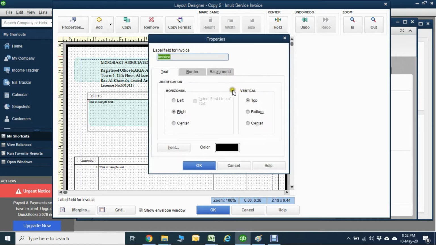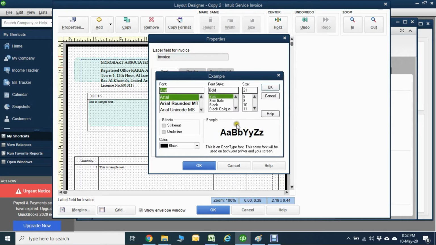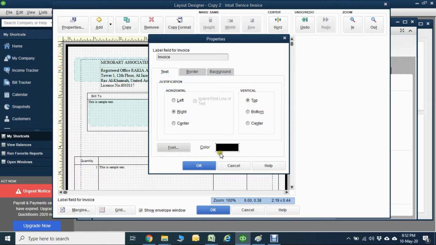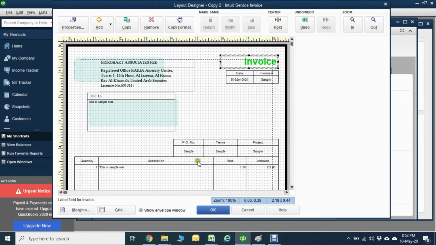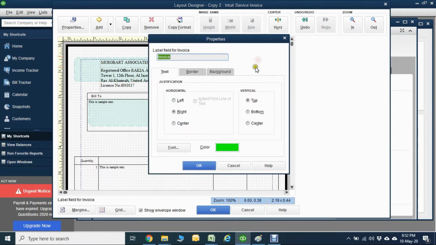What is the size we have here? Let's see the font color here. You can change the font, and if I'm just going ahead as it is, serial. Okay, 21 we have, make it 25. Okay, or 26. And also color, you change the color like this. Okay, in the green color I'm making. Okay, green color. Then also we can make it bold.